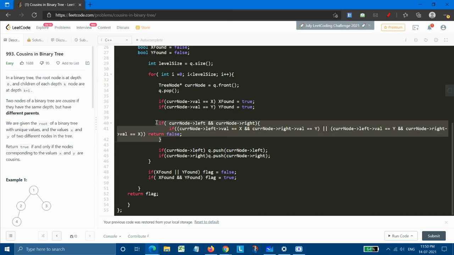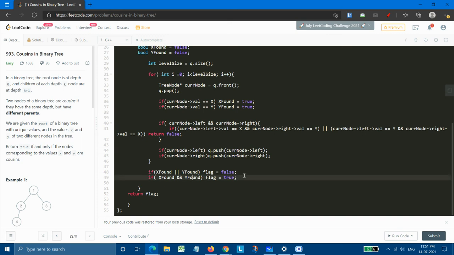Now if this particular condition was not satisfied, then it will simply push the left child into the queue and the right child into the queue. After processing this whole level until the level size, it will check whether xFound or yFound was set. If only one of them was found, then it will set flag equal to false.